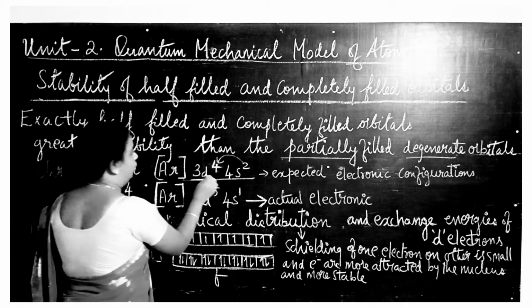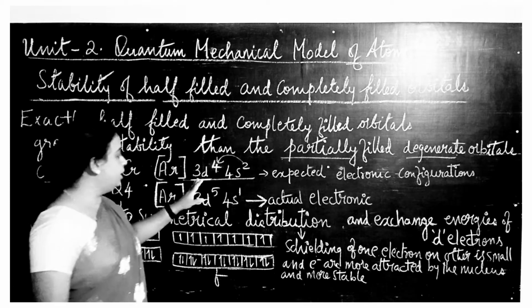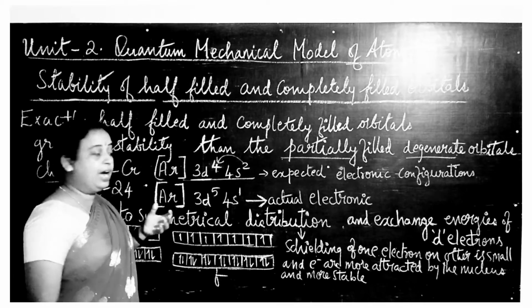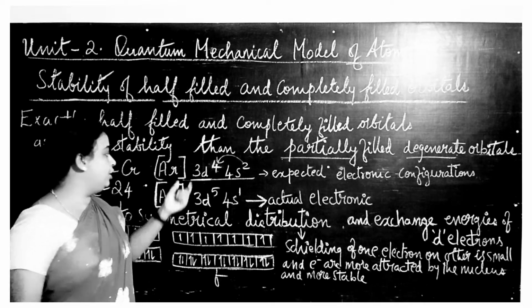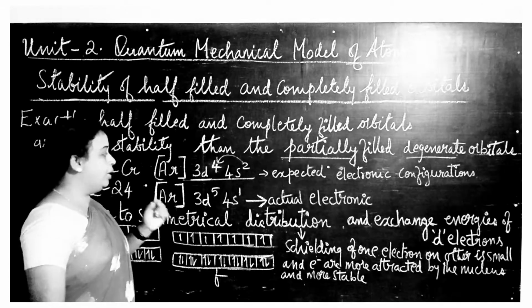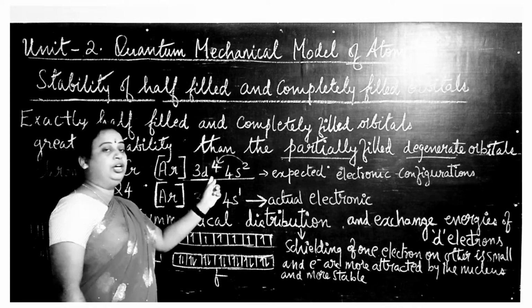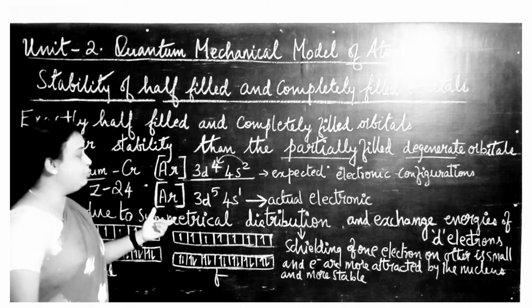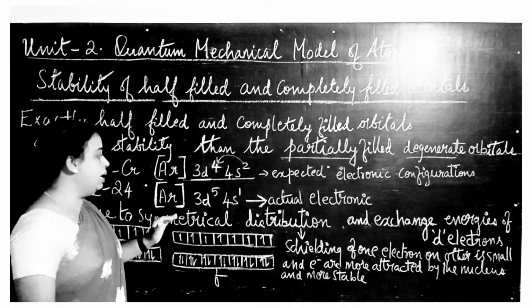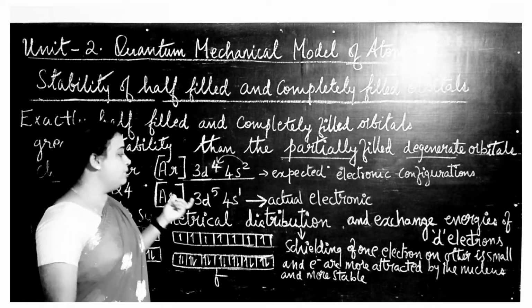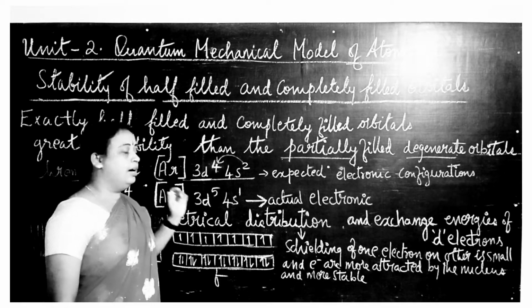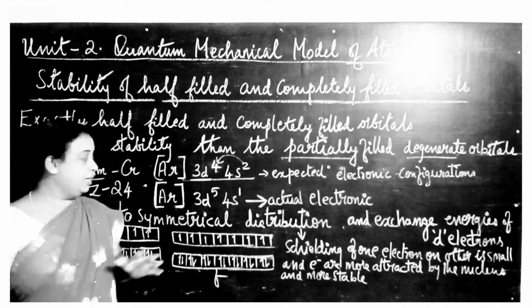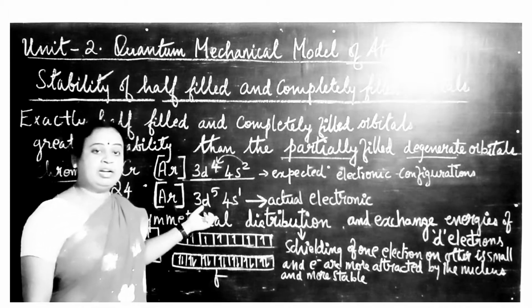3d4 is a partially filled degenerate orbital, and it is unstable. So in order to make the 3d orbital stable, the s orbital donates 1 electron to the d orbital. So symmetrical distribution of electrons takes place here, and this symmetrical distribution makes the chromium element stable. Got it? Now it is the stable condition. Why is it the stable condition? Because d orbital